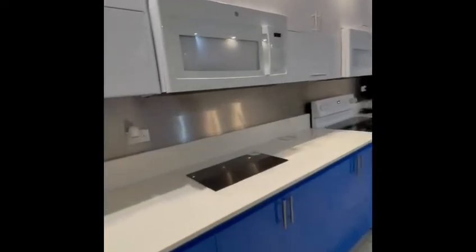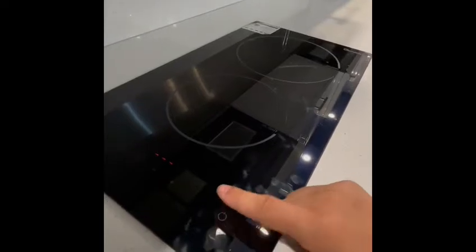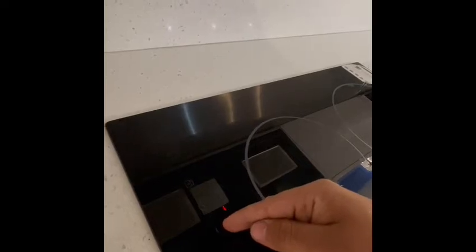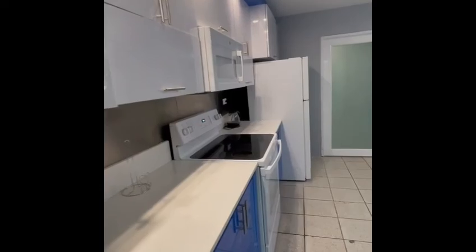In order to use the mini electrical stove, simply press the power button. You can press each of these circles to turn on one of the stoves. Here it has the safety lock, the timer, and the way to set up the temperature, whether you want it high or low. In order to use the